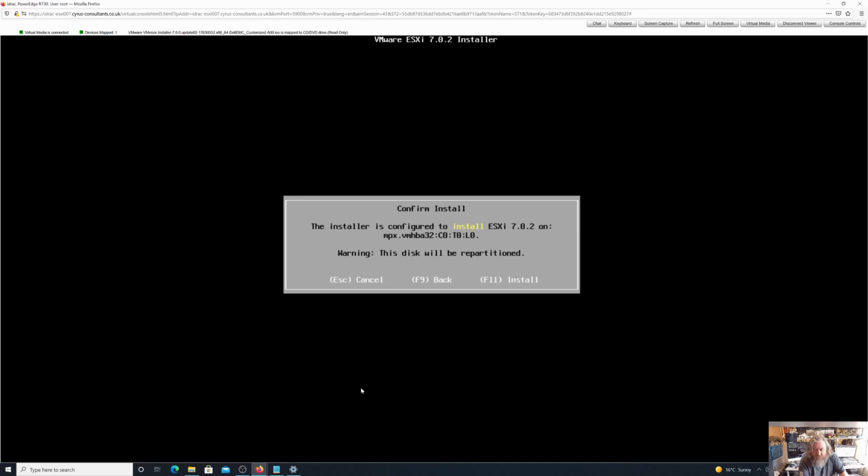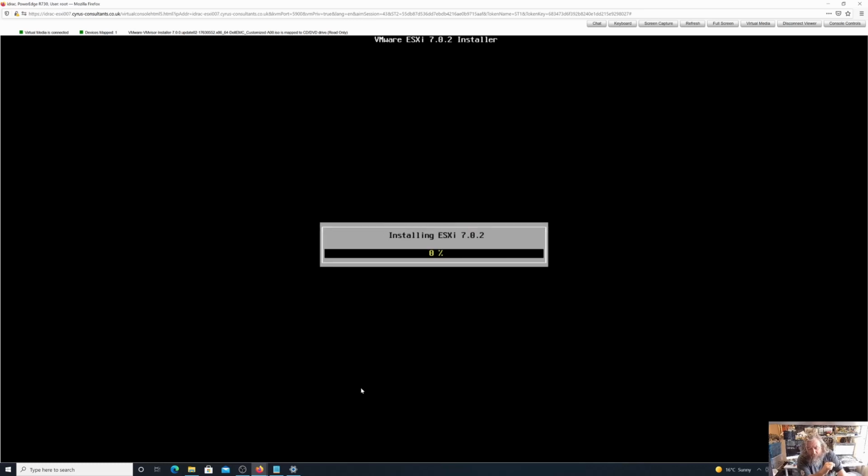Okay, so we're now ready to install ESXi 7.0.2, 7.0 U2, onto our server. So I'm going to hit F11 to install. And whilst that's doing that, I popped downstairs while ESXi was booting up, and I'm just going to